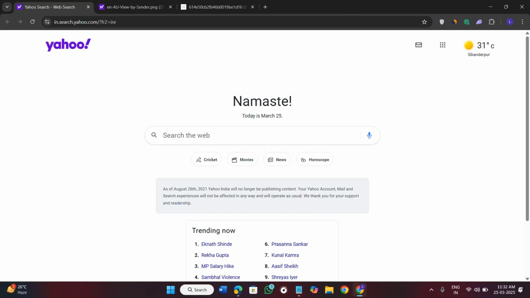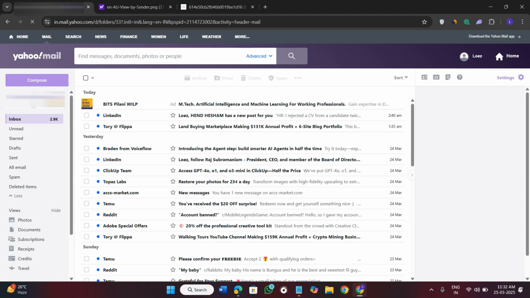In this video, I will show you where the settings icon is in Yahoo Mail. If you are using Yahoo Mail on your PC, you will first have to go to yahoo.com, and over here you need to click on this mail icon. Afterwards, you need to log into your Yahoo Mail account, and the interface of Yahoo Mail will look